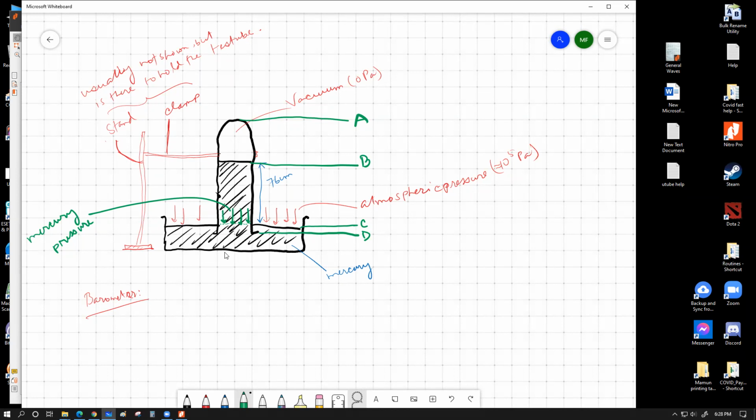What did you write last? Someone tell me, I forgot. Mercury filled test tube. Okay, when a mercury filled test tube is put upside down inside the mercury bath,